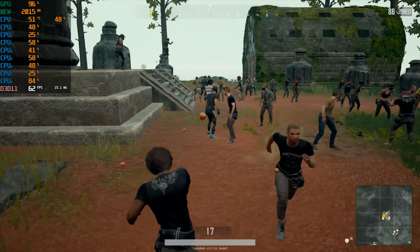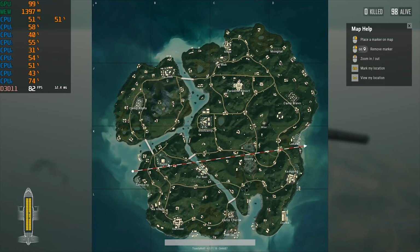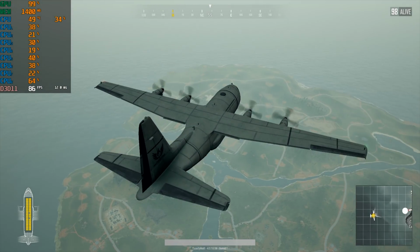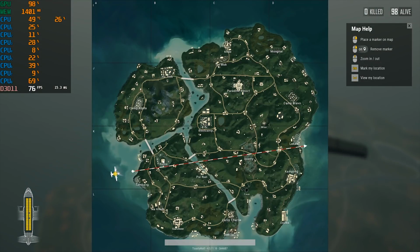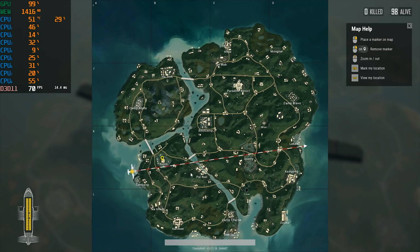This is interesting, I guess. All right, so we're doing a flyover right now, and we're about 80, 82 FPS. It looks pretty solid right now. We'll see what it is when we drop in, but normally this scene is pretty laggy. I'm not sure what PUBG has done with their optimization. Normally there is a big frame drop compared to other scenes in the game, but we're gonna drop into what's